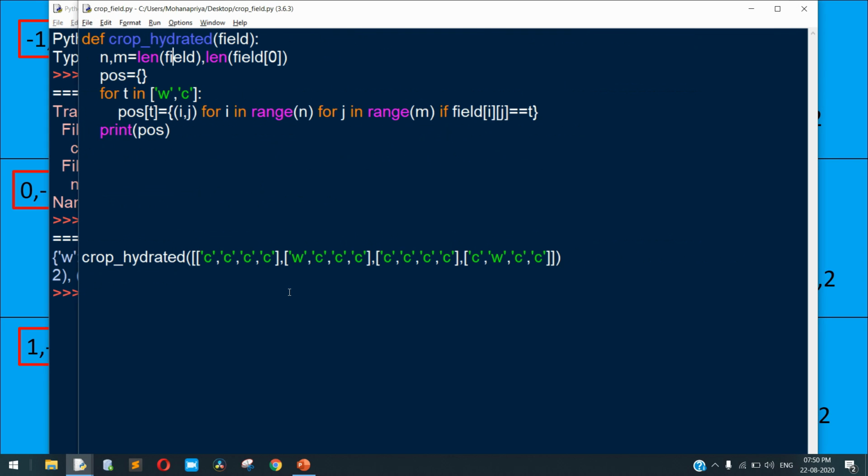Okay. So after we extracted the positions of this C and W, now we're going to fix the directions, that is to check whether the crop contains the W in any one of the 8 tiles.